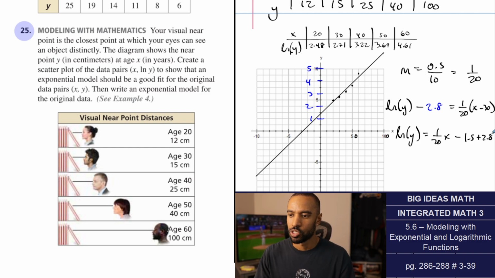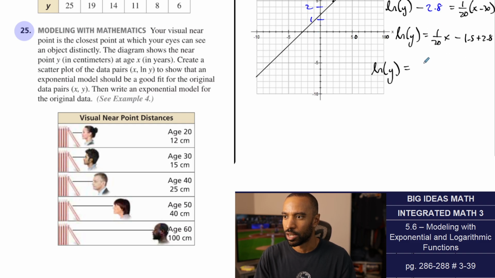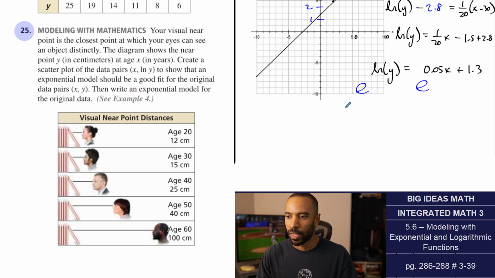So this is natural log of y equals, okay, I'm going to write this as 0.05, not 1/20th. 0.05x plus 1.3. I'm going to raise these with e as my base, and now this will become y equals